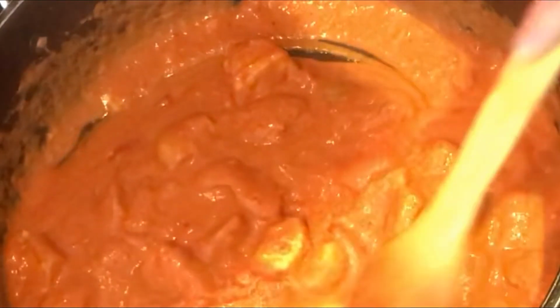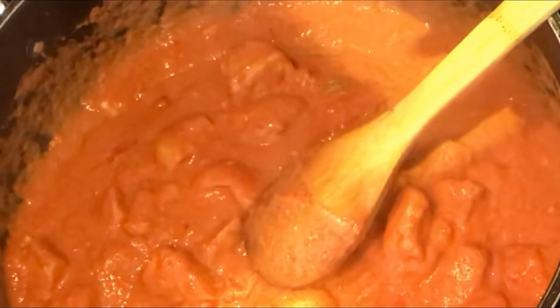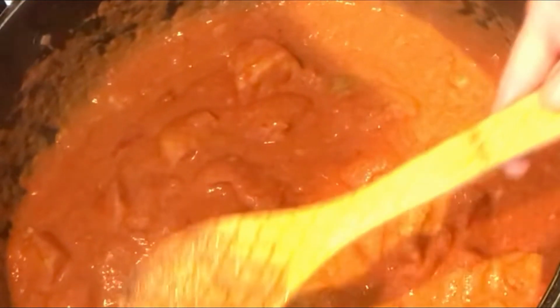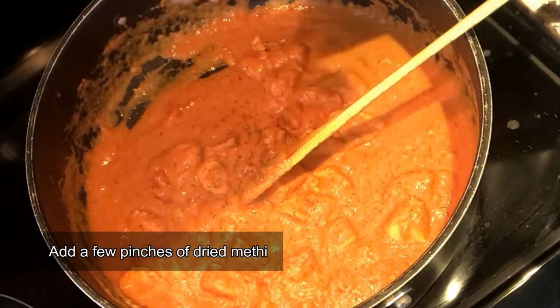so this is still easily enjoyable. We're still going to eat it, but that smooth silky texture that you're looking for from a butter chicken, you're going to lose that. So be very mindful of the temperature and the time that you have this on the stove. And like I said, I'm actually kind of glad this happened today, so I was able to show you. But anyhow, moving on,